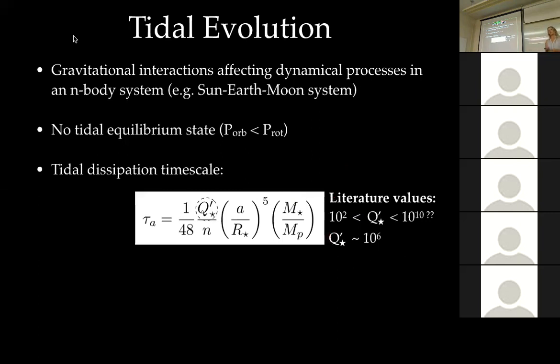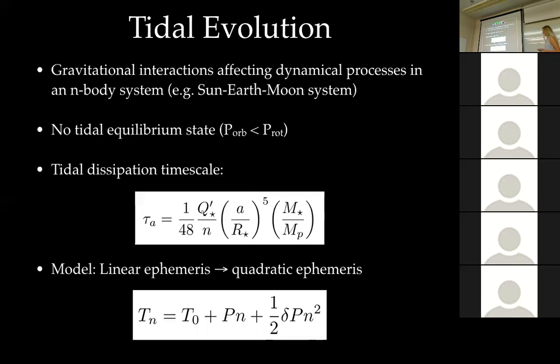But because KY4 is on such a short orbital period, we have 4 years' worth of data, we can try to model this pretty well. We have a lot of transits, so this is one of the benchmark systems to test this analysis. So we can model this by going from a linear ephemeris, or constant orbital period, to a quadratic, just by adding this second order term here, where delta P corresponds to the decay rate times the period. Or this can just be thought of as the change in period for consecutive orbits.